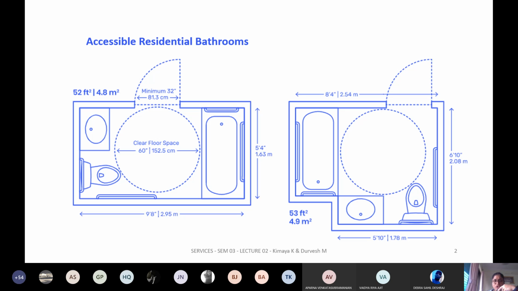Now you also need to understand the door sizes. Generally you need to have a clear opening of 850 mm, which is the minimum. Here the wheelchair minimum opening is 81.3 centimeter, which is 813 mm, which is actually less and tighter.